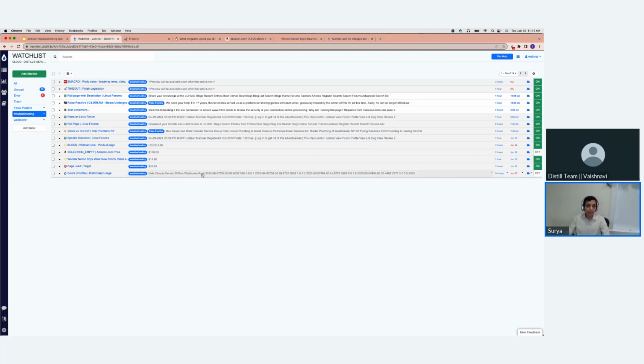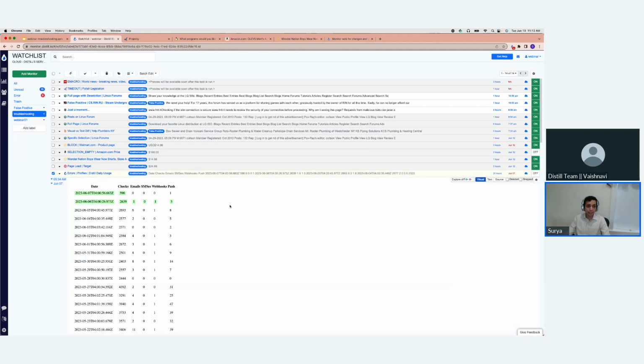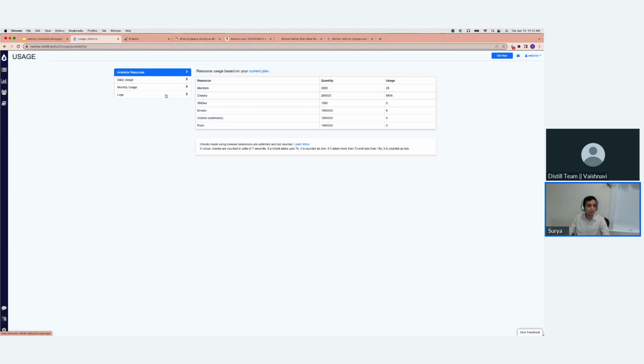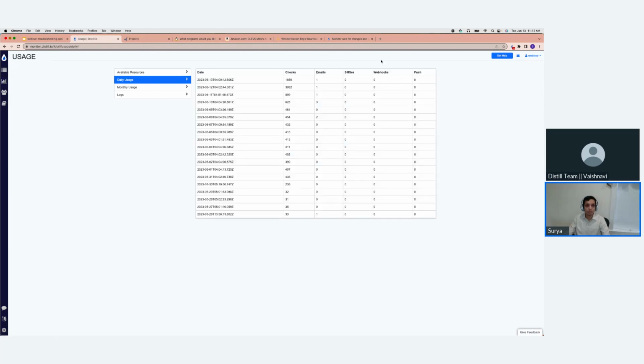So here I have set up a sample scenario where I'm trying to monitor the daily usage behind the Distill login. To know your daily usage within Distill's login, the easiest way is you click the bar chart here and click daily usage, and you want to monitor this table. But for us to be able to monitor this table, we need to be able to log into Distill. And for that, we need to have our cookies saved. So let's go back to